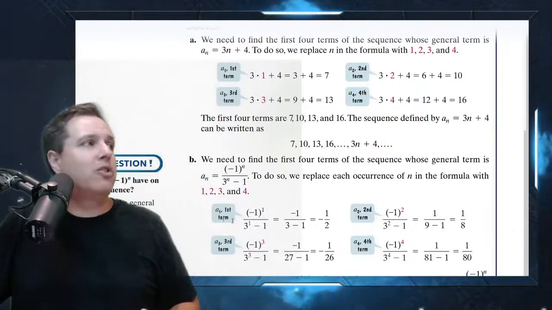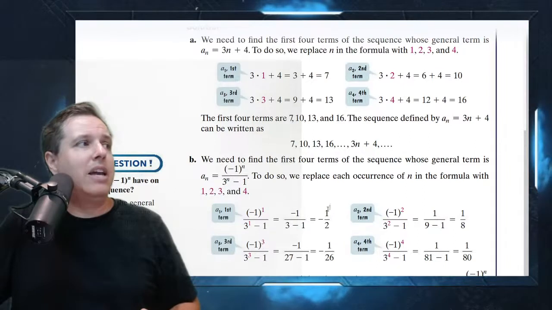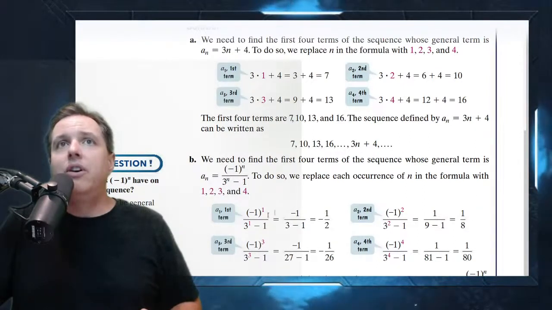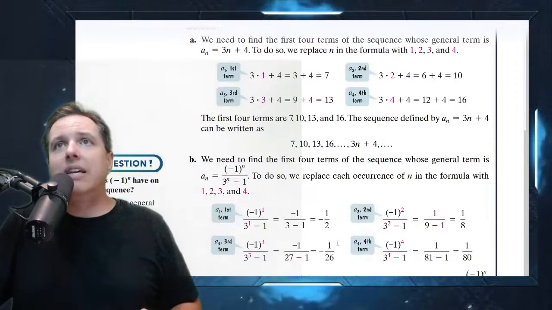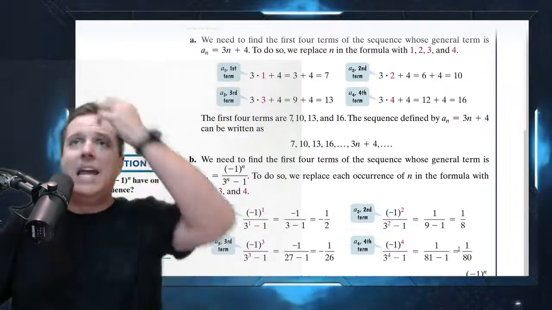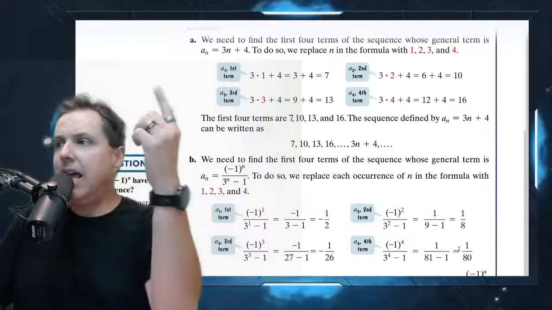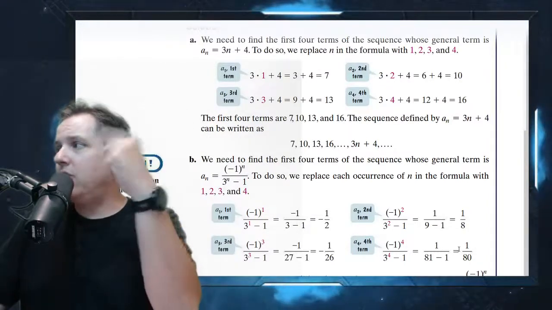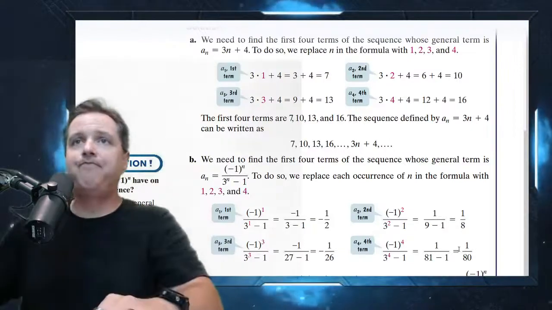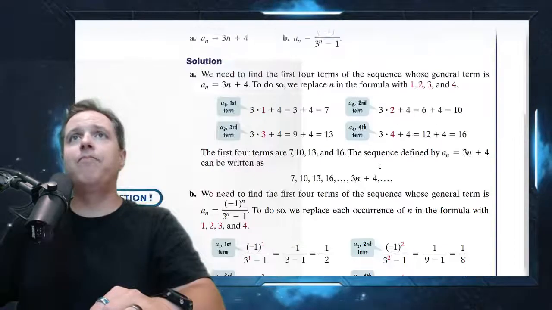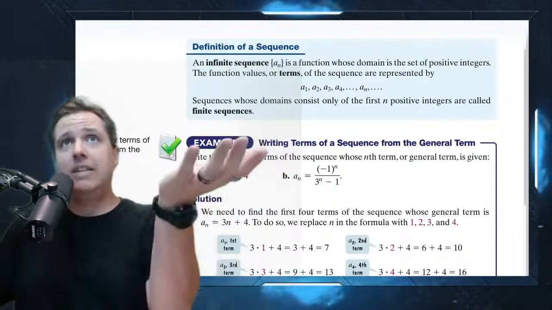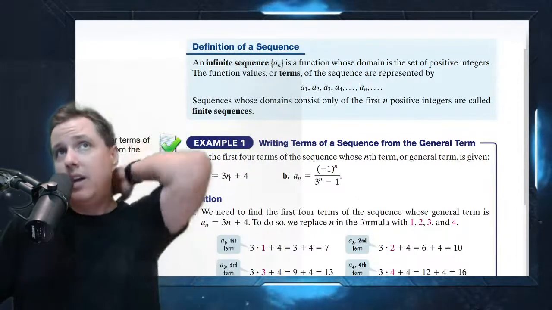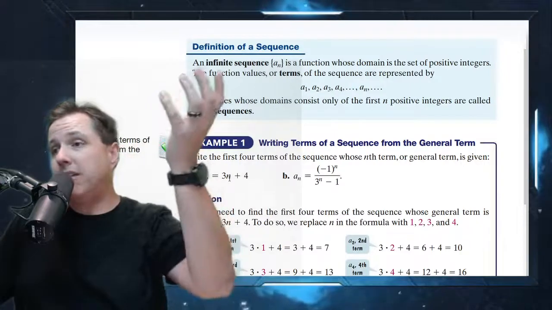You see how in the first term of that formula, they plug it in, they get -1/2, and then the second term is +1/8. The third term is -1/26. The fourth term is +1/80. So see how that -1 to a power is oscillating the sign in front. So you get positive, negative, back and forth. So that's where that comes from. Okay, so these are easy. All you got to do is just plug the value you want right in, and you get the output, basically.